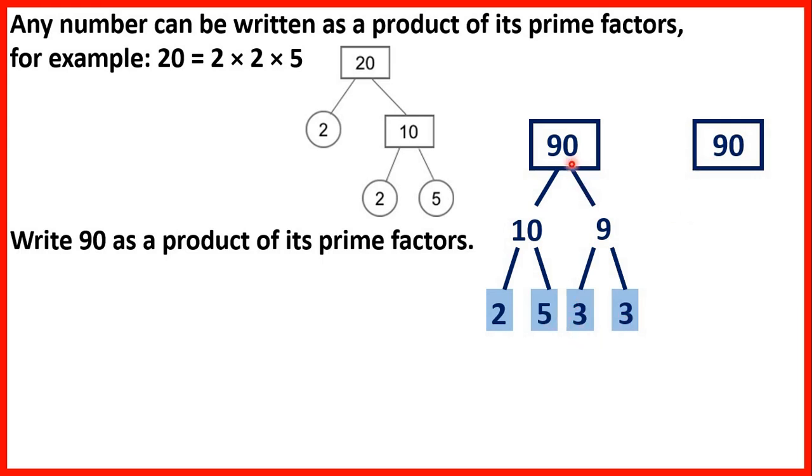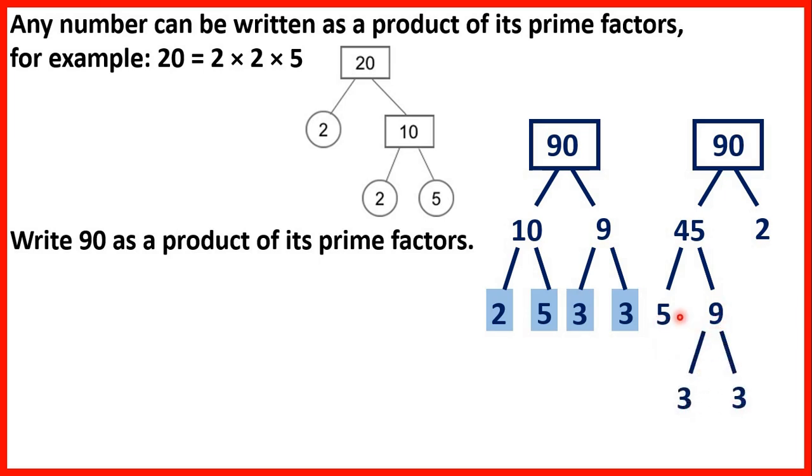Or we could use a different factor tree. Instead of 10 times 9, we could have 45 times 2. Then 2 is a prime number, so we don't need to do anything else with that. But 45 is 5 times 9, so we can write 5 and 9 below 45. Now 5 is a prime number, so we don't need to do anything else with that, but 9 is 3